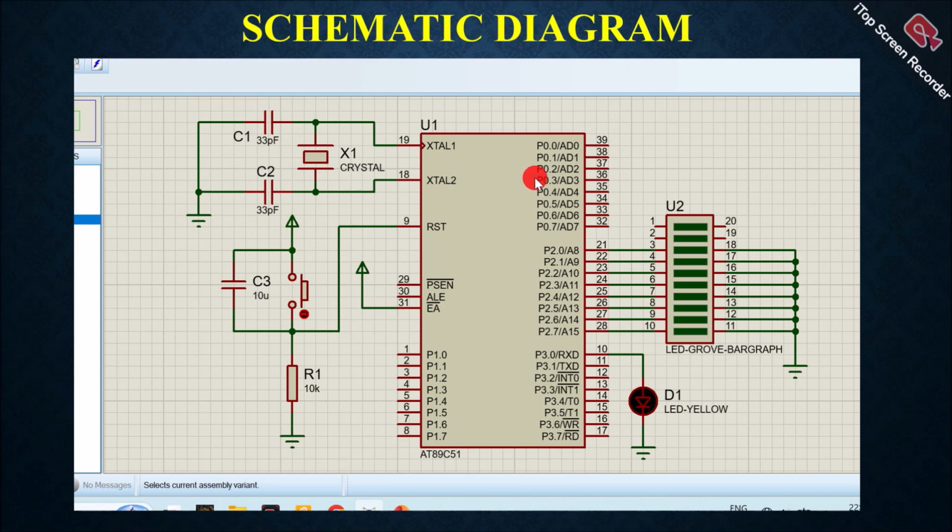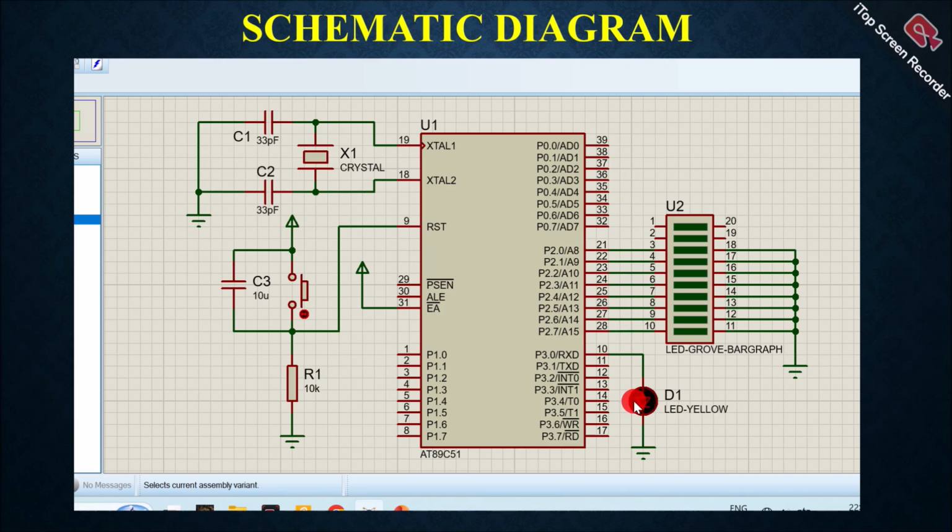if we are implementing on the hardware. Here at the right side, there is a pack of LEDs in which 10 different LEDs are there, out of which I am going to use 8 different LEDs. Left side terminals are anodes of the LEDs and right side terminals are cathodes of the LEDs. Cathodes of the LEDs are connected to the ground. Anodes of the LEDs are connected to the P2 port.